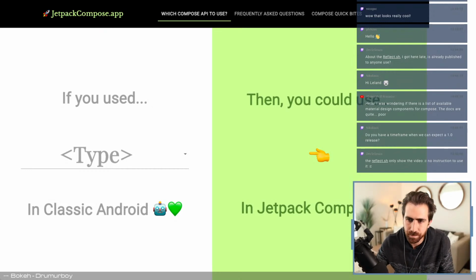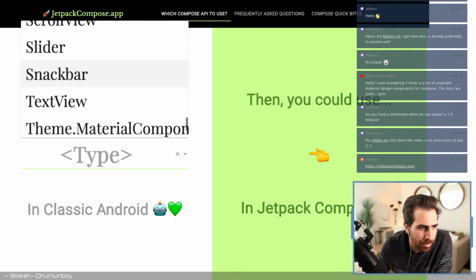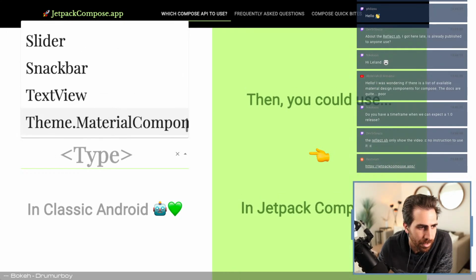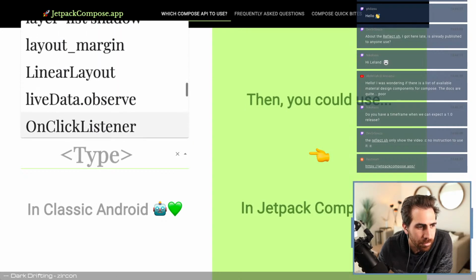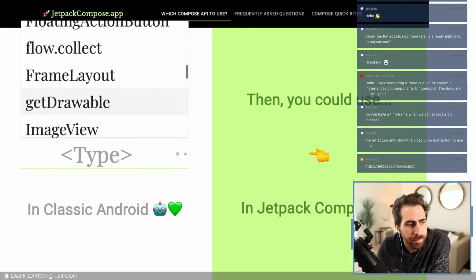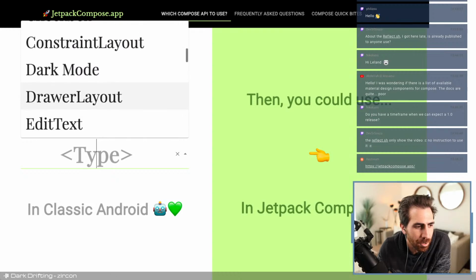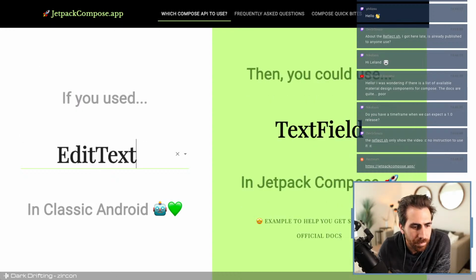I'll add this to the chat, and what you can do here is find certain things, and so you can say, okay, if you used this before, then maybe this is what you want. That might help you out a little bit,